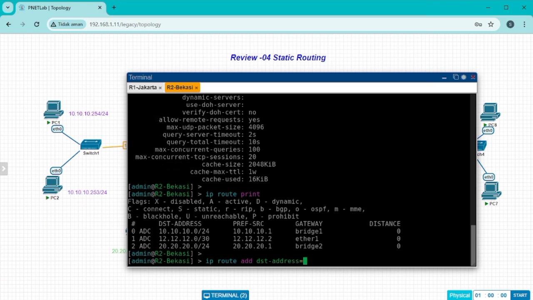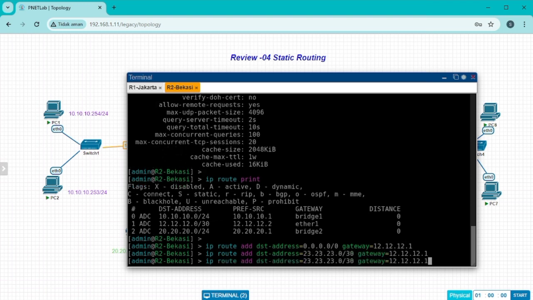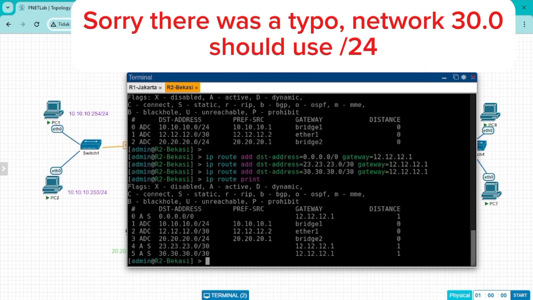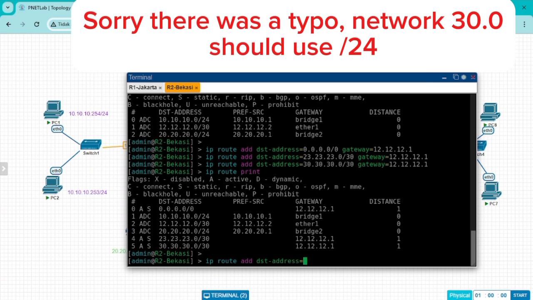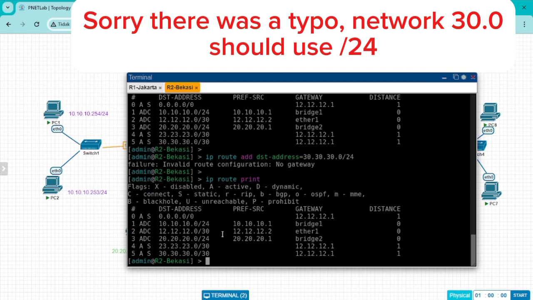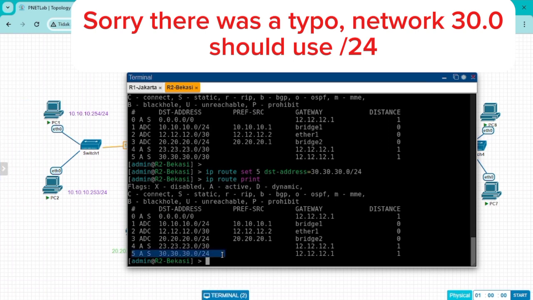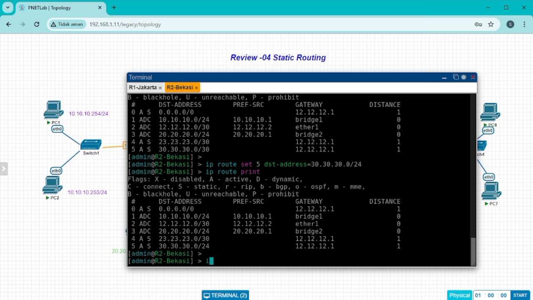Next, add an internet route and the networks that are not yet connected to router 2 so that router 2 gets internet and the routers and clients are connected to each other, namely networks 10.0, 20.0, 30.0, and 40.0. All networks via gateway 12.1.